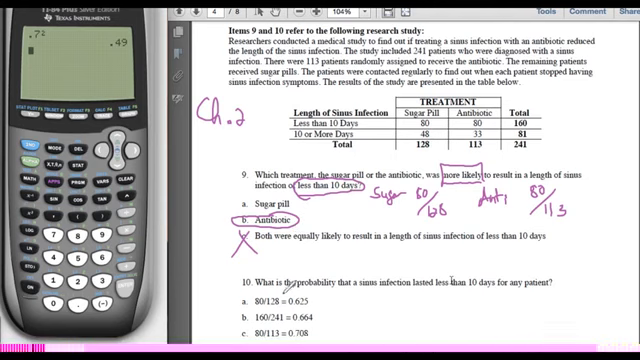D says, what is the probability that a sinus infection lasted less than 10 days for any patient? Doesn't matter if they were on the antibiotic or the sugar pill. Well, there were a total of 160 people who had an infection of less than 10 days out of 241 altogether. That matches choice